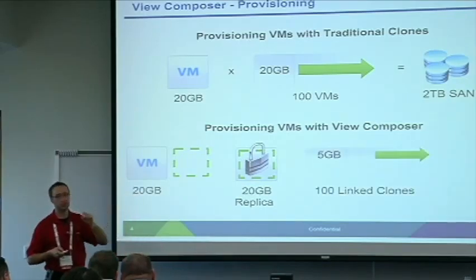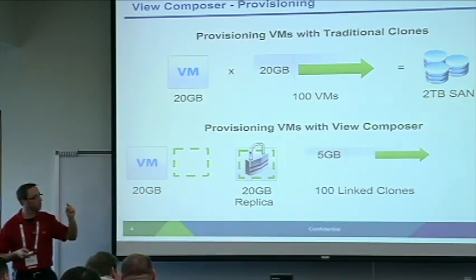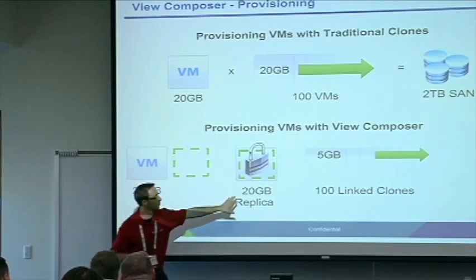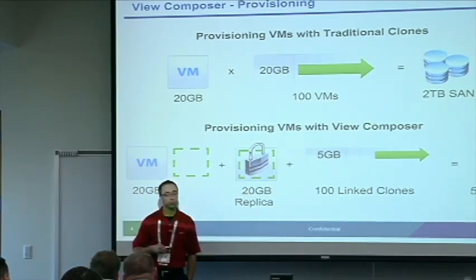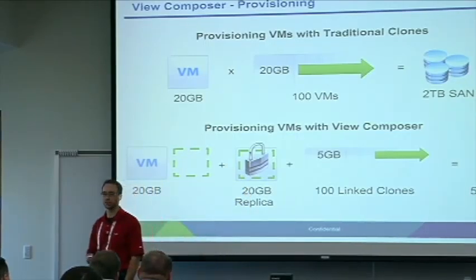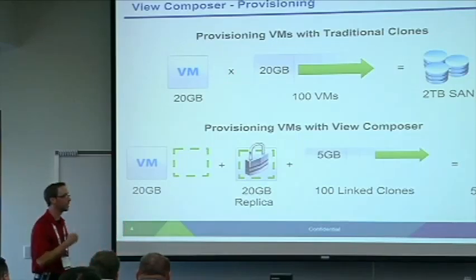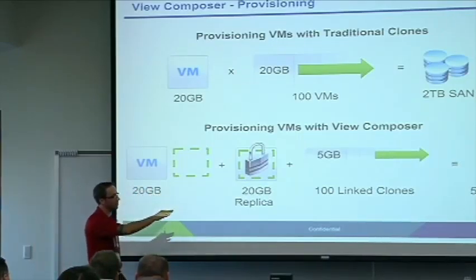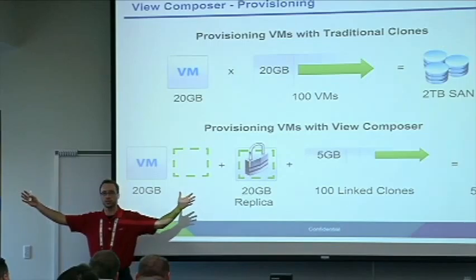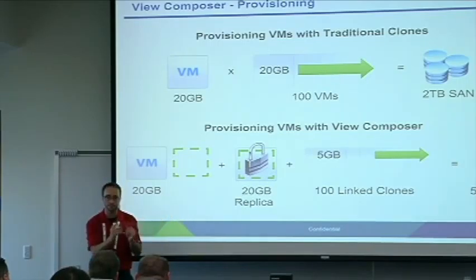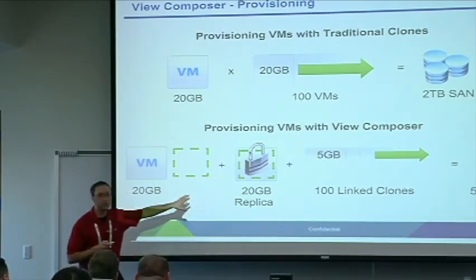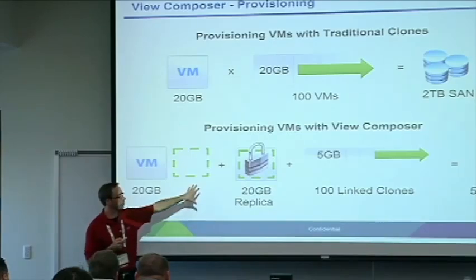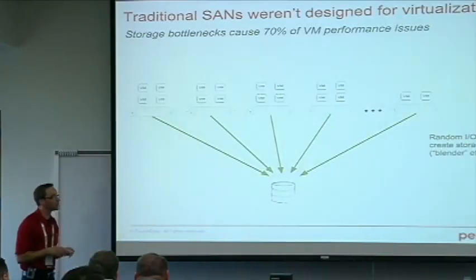We spin out a bunch of very thin provisioned, small linked clones that all read from this replica. And the math suddenly looks so much better on paper, just like that Visio diagram, right? It looks really good. I've got all this capacity savings. I can run all these extra virtual machines on the same amount of capacity. The problem with this model, as I all too quickly found out, is that when you look at that model